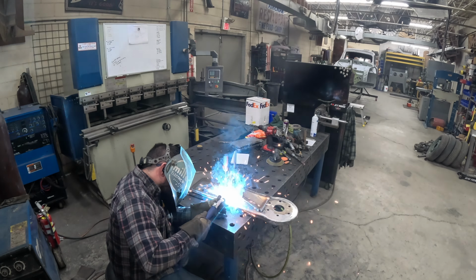Now that I've got both arms fully welded up with our outside support, our bag mounts, everything's rosette welded and ready to go, I actually had a change of plans. Originally, I was going to put our spindle directly into the arm like this, and